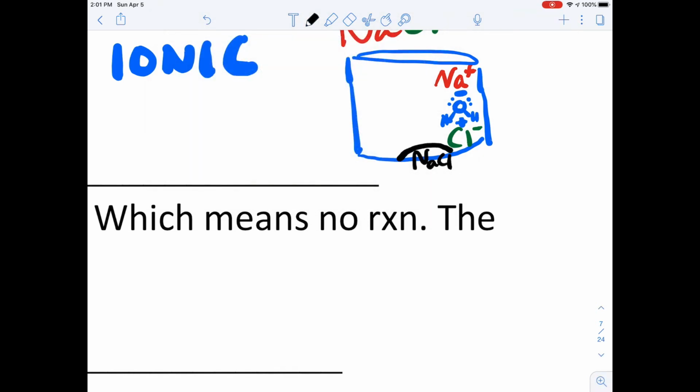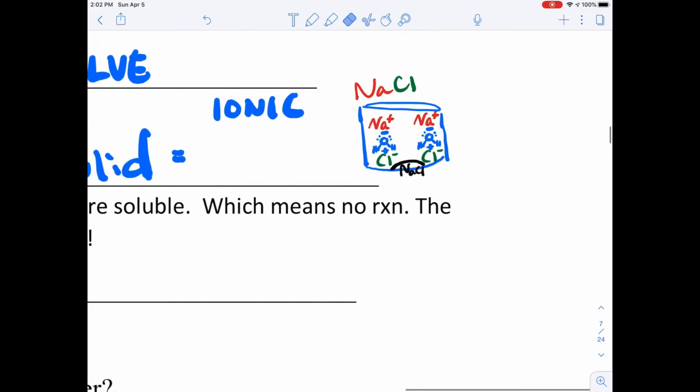Once there are so many NaCls in the water that it's saturated, meaning the water won't break apart any more of them, then the rest just goes to the bottom sitting as NaCl. There are also some ions that water can't keep apart because they're too strongly attracted to each other. In that case, every ion falls to the bottom, reattaches itself back together, and will not dissolve. So NaCl is soluble, and this is how something looks when it's soluble.